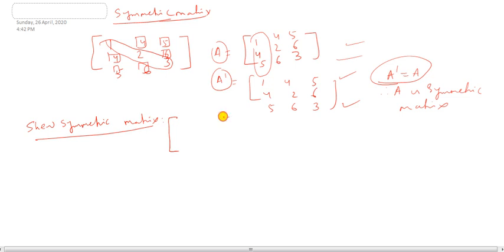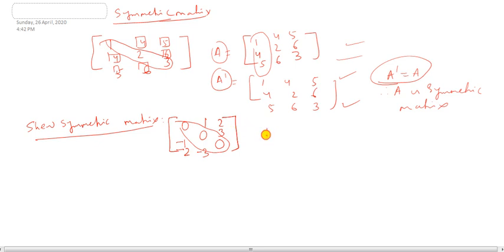So when you take an example of a skew symmetric matrix, you first make the diagonal elements 0. Then you write any element on this side. The same thing, you reflect the elements over here. Think of this one as a mirror. So minus 1, but reflection with a negative sign. Minus 2 and this will be minus 3.